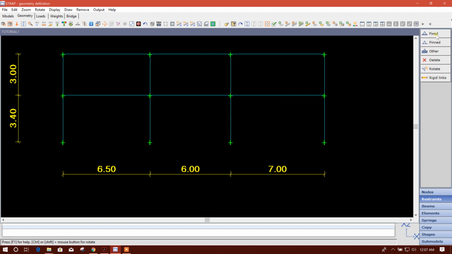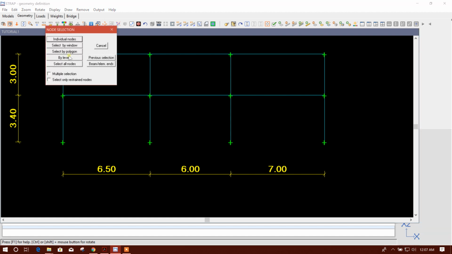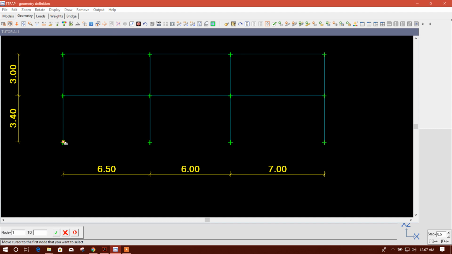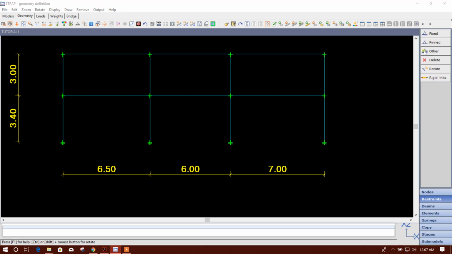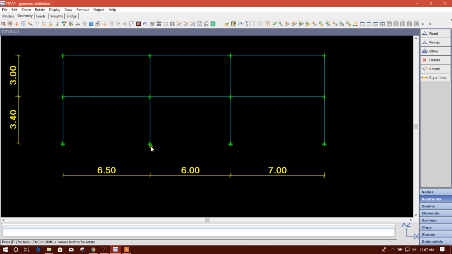Now we can provide the fixed or pinned support. I will go for fixed first. Click on the individual node. In assignment also, the process is the same: after finishing, click on the same point again with the left side of the mouse. Now our restraint or support